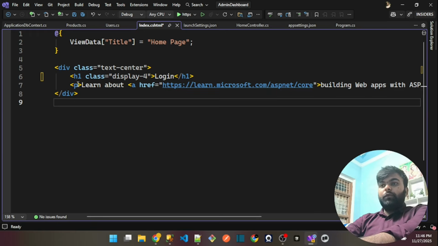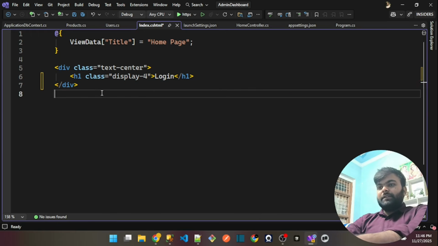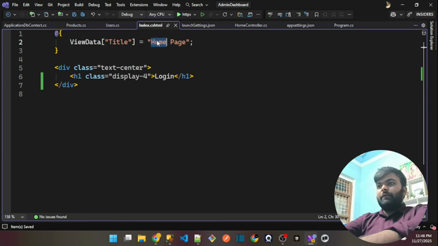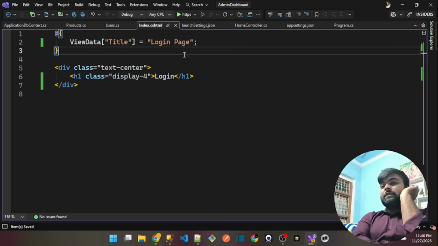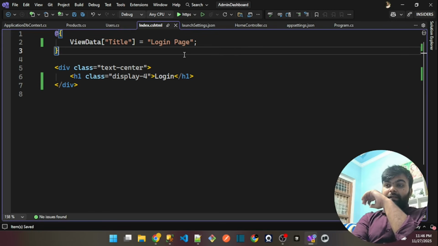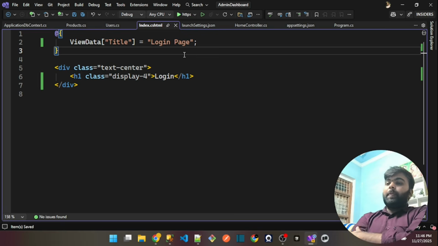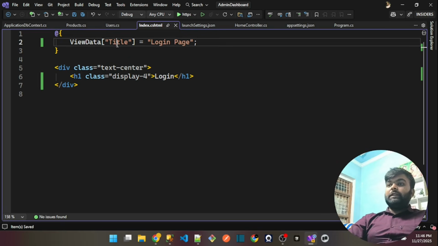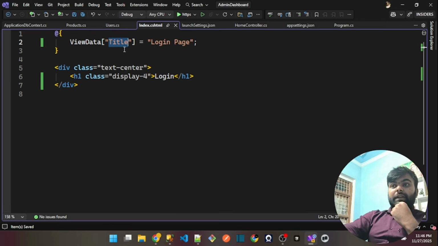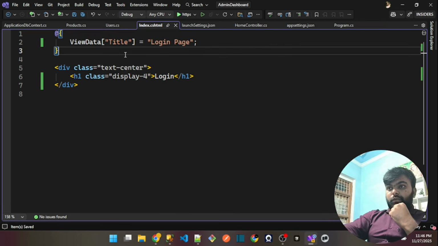Okay, I want to make the text big here. I will just mention the login page here. And what is ViewData, what is ViewBag? If you want to manage state across the application, you should know what ViewData is. Right now in ViewData, I have contained the value, which is the title. If you want to see how things are working in MVC,